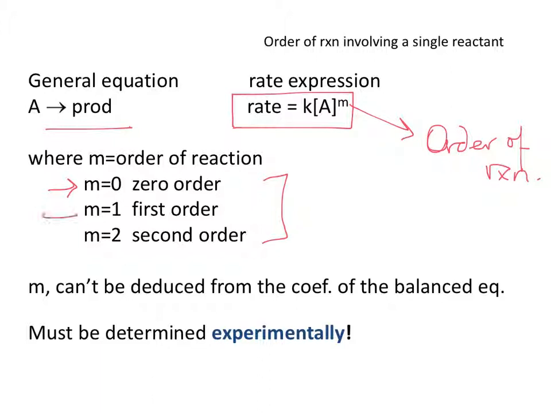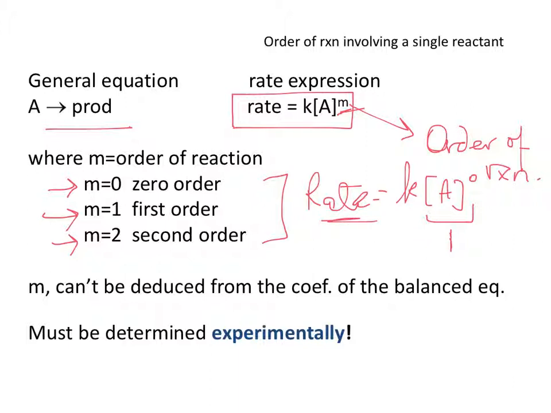So for the benefit of this class, you should focus on the order being 0, the order being 1, and the order being 2. If that value of M with respect to A happens to be 0, that would basically mean that you can increase the concentration all you want, double, triple, whatever, but that's not going to have any effect on the rate of the reaction, because the power then is going to be 0. So essentially rate is going to be equal to K, A to the power of 0. And since this factor is going to become 1,